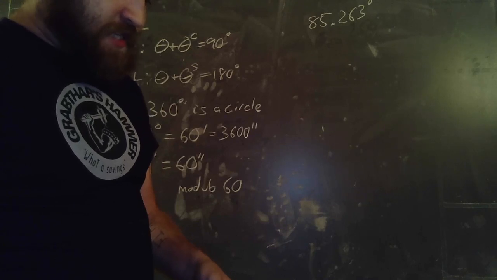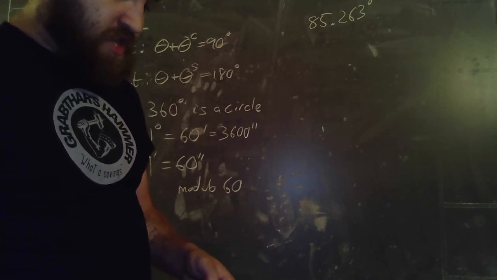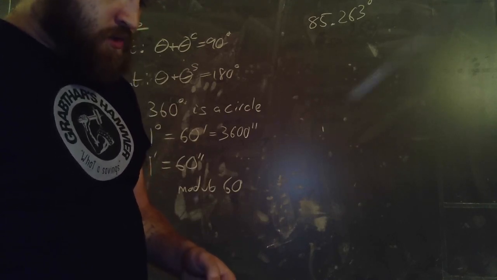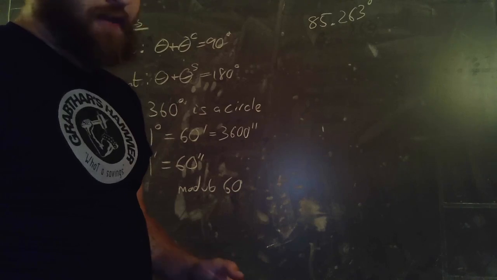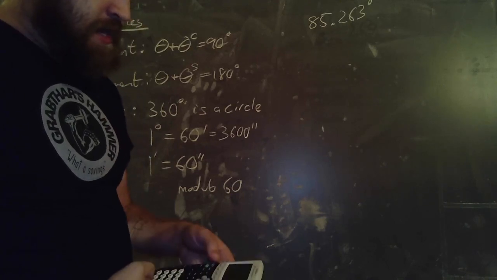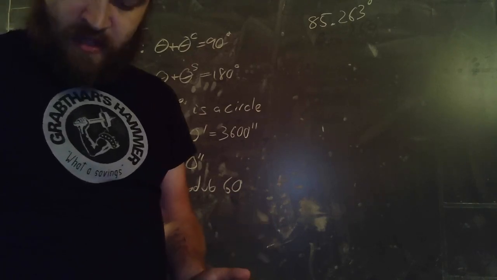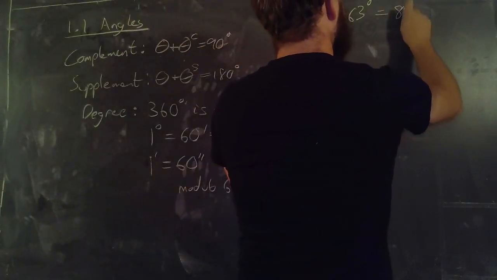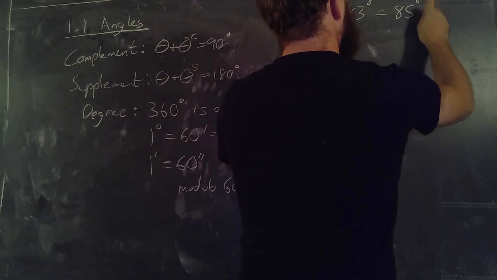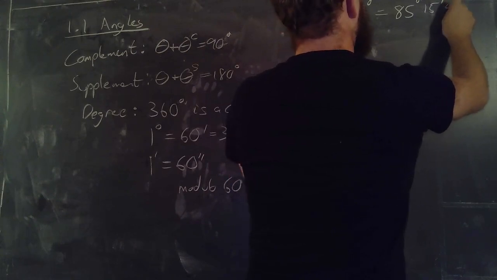Then if we press the second key and the apps button, which is the angle menu, you'll notice that option 4 says DMS with a little arrow next to it. After you type the number in and you choose this option, it will automatically convert this into a degree, minutes, seconds